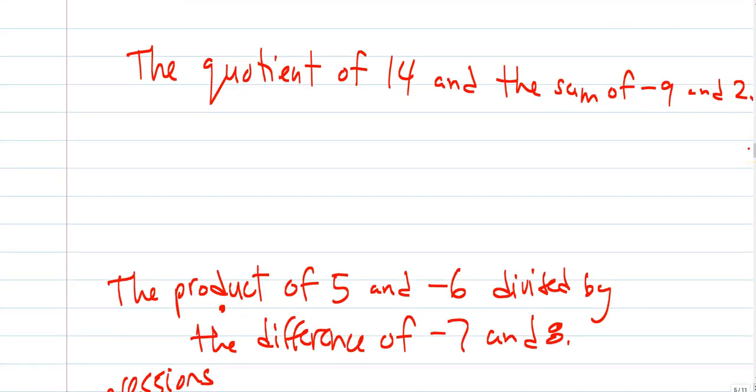Some word questions. The quotient of 14 and the sum of negative 9 and 2. Whoa! The quotient. What does quotient mean? We need to remember these words. This is still building from that first section. We had sum was addition. Difference was subtraction. Product was multiply. Quotient was division. We are going to be dividing 14, quotient of 14,